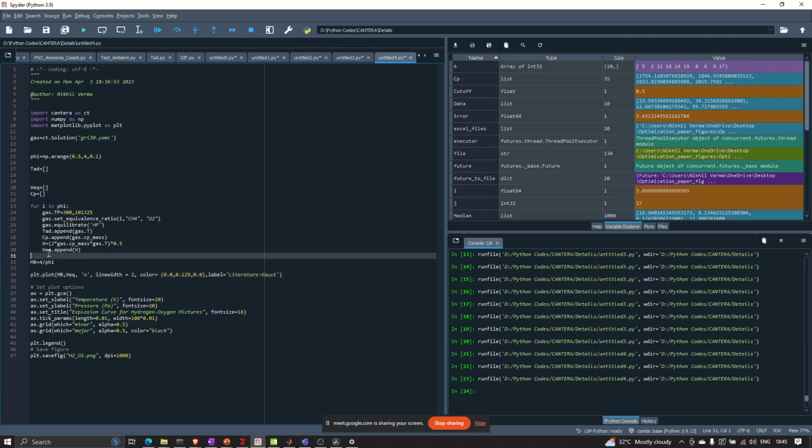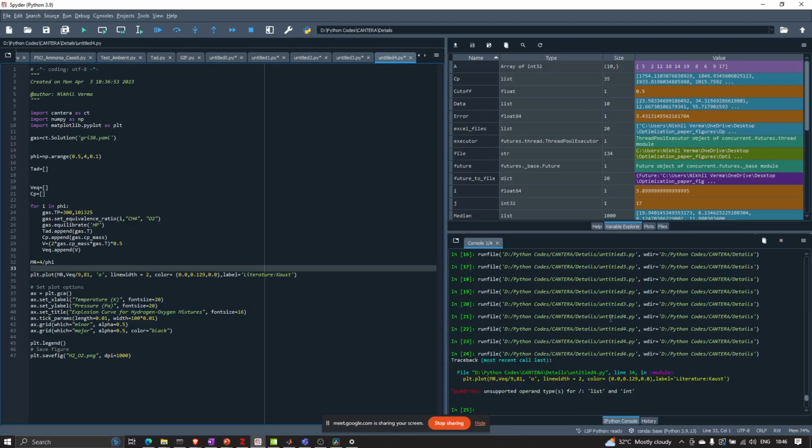So how do you calculate this Isp? V equivalent, so Isp is just divided by 9.81, right? So this will give you the Isp. So if I plot this,